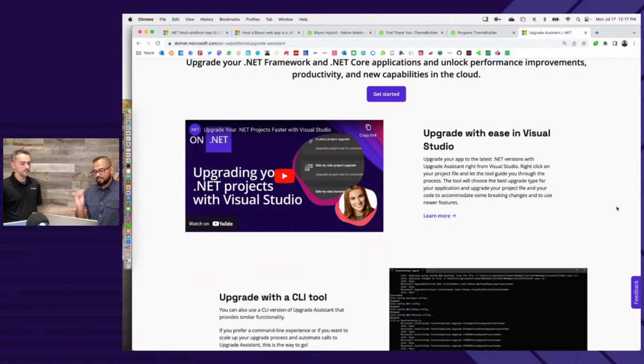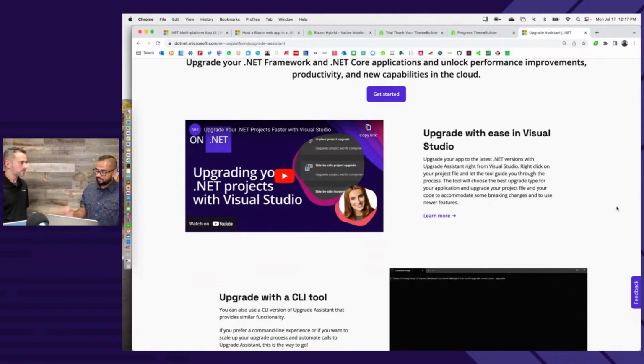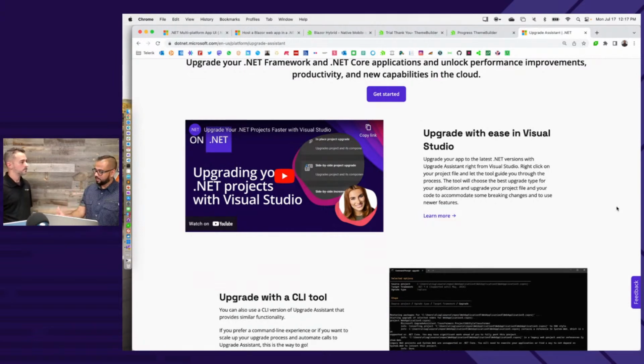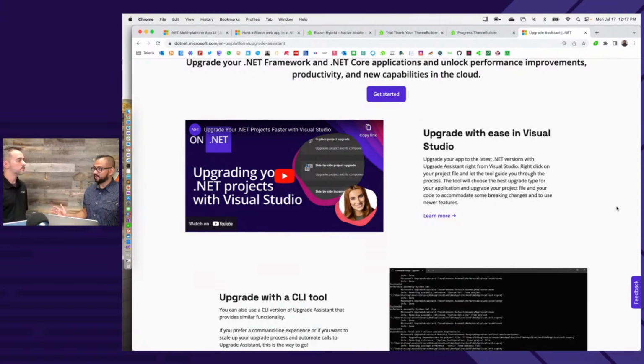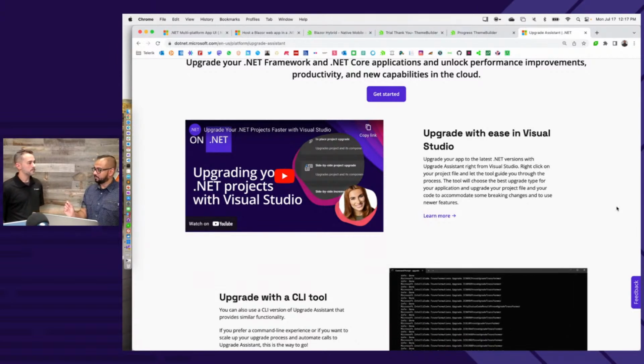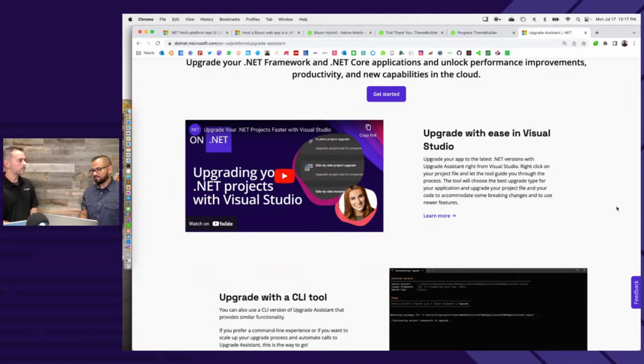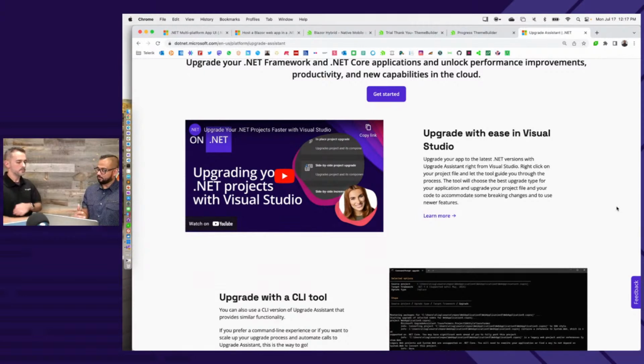So if you have a 15-year-old WPF or WinForms app, and you see that you have dependencies because you are running on .NET Framework, if your dependencies are very much hardcore Windows and they don't work outside of Windows, that may be a bit of a problem, because now you're trying to move to modern .NET, which runs everywhere. And also, if you have NuGet packages where the authors have not updated, maybe it's time you take a look at your dependencies and see if you really depend on it.